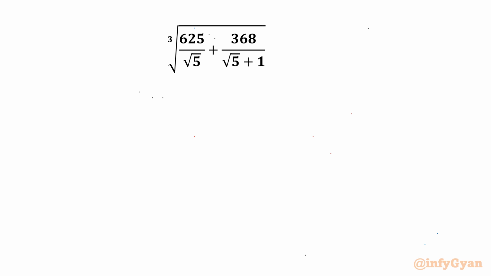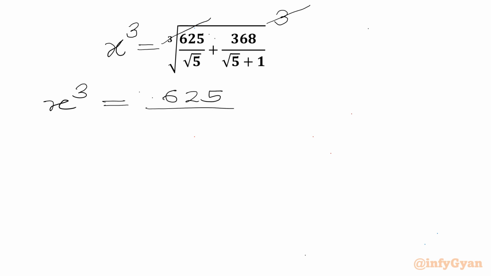In this video, we have one very interesting and challenging question from radical mathematics. It is the cube root of 625 over square root 5 plus 368 over square root 5 plus 1. So let's get started by considering this expression equal to x first. Now we will take cubing both sides. So cube root and cube will be cancelled out in RHS. So we can write x cube equal to